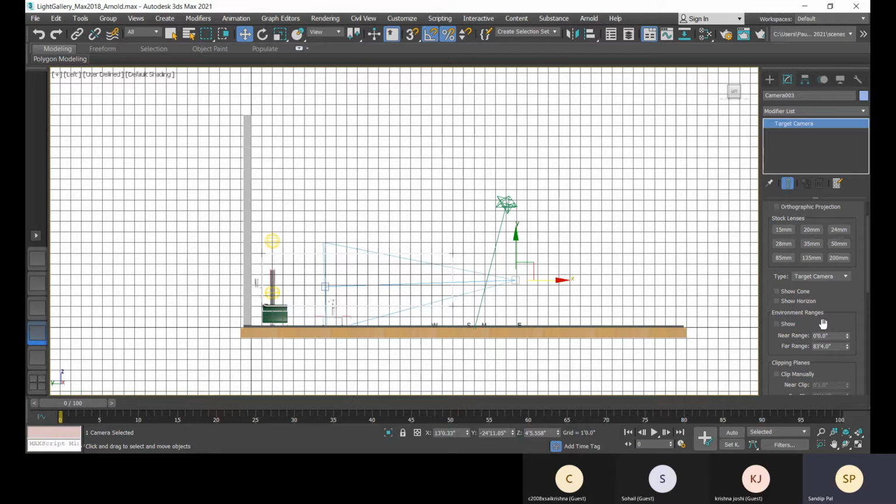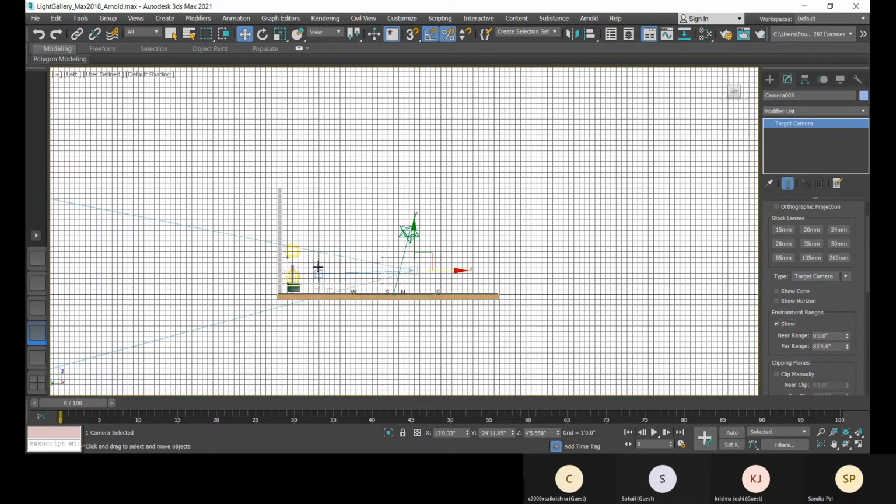Environment range is like the background. When you are focusing the camera on the object, there are some objects still behind that particular target object, that come under environment or background. So that is the environment range, so you can add it, you can give it.